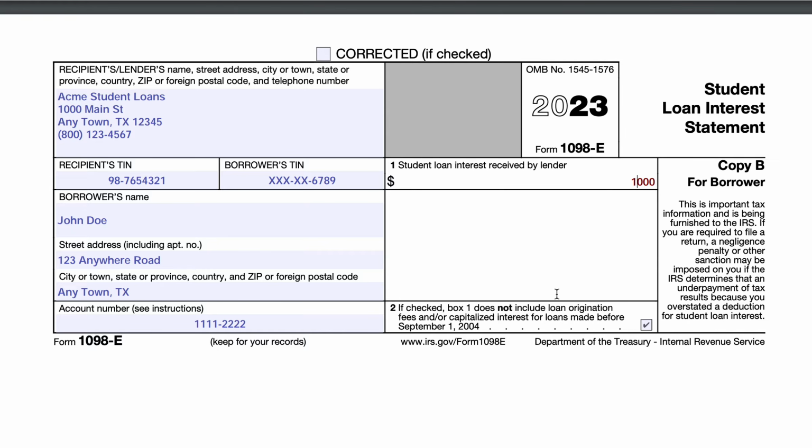So once you receive this amount, there are two different ways that you can determine your tax deduction. For most taxpayers, you would deduct it on Schedule 1, which is additional income and adjustments to income. That's actually entered as an adjustment to income. So that means that's an adjustment to arrive at adjusted gross income, or AGI.